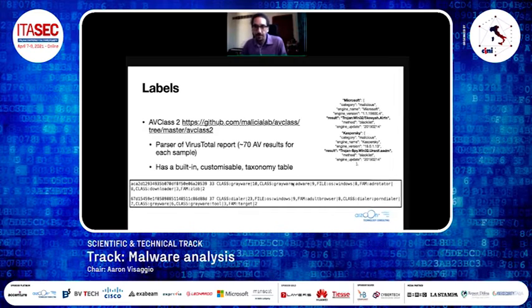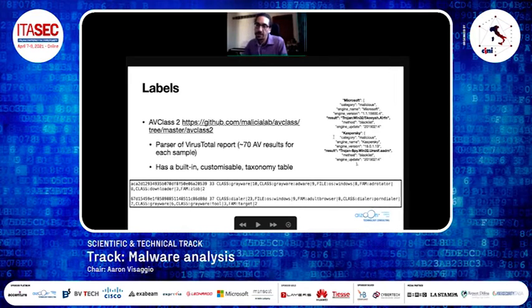For the labels, we considered an open source tool, AVClass 2, the second version, which was released around 2019. How does it work? When you query a tool such as VirusTotal, it returns around 70 antivirus engine results for each sample. And in case the sample is classified as malicious, AVClass goes through the results of each of these engines,